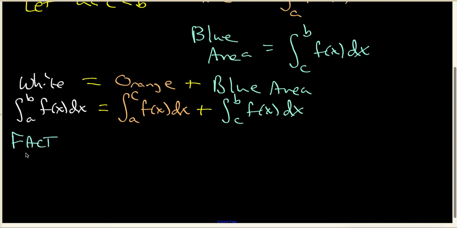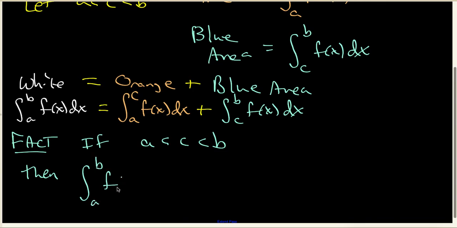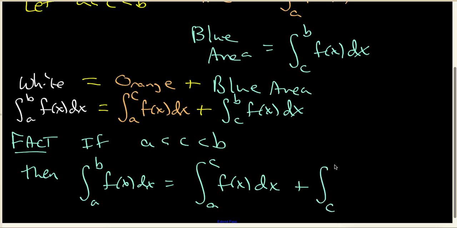So I kind of want to state that as a formal fact. Our fact is going to be that if I have an intermediate value c between a and b, then I can split the integral between a and b of f of x dx up at that intermediate value and get that the integral from a to b of f of x dx is going to be the sum of the integral from a to c of f of x dx